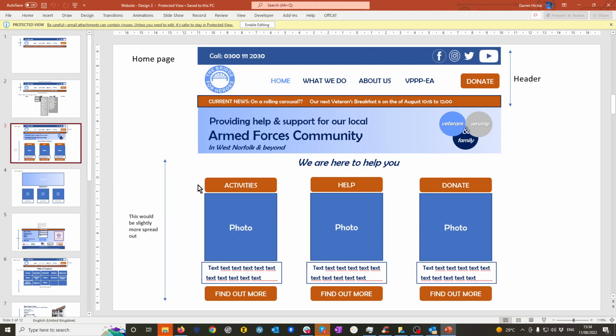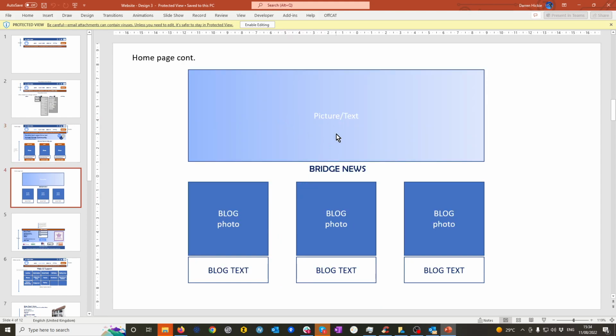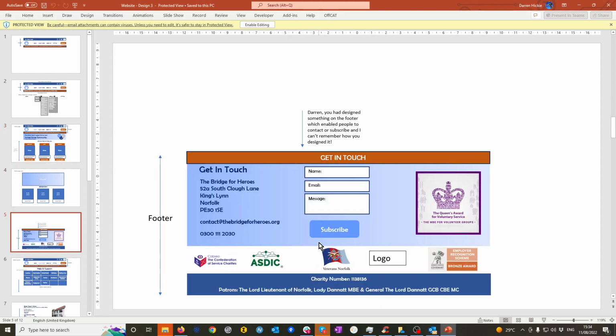And then we come to the rest of the page here. So this will be SP Page Builder from this section onwards. This image here is the home page. This text, all these boxes, are all done in SP Page Builder on the home page. Same with that picture, some more boxes and text and photos. And then